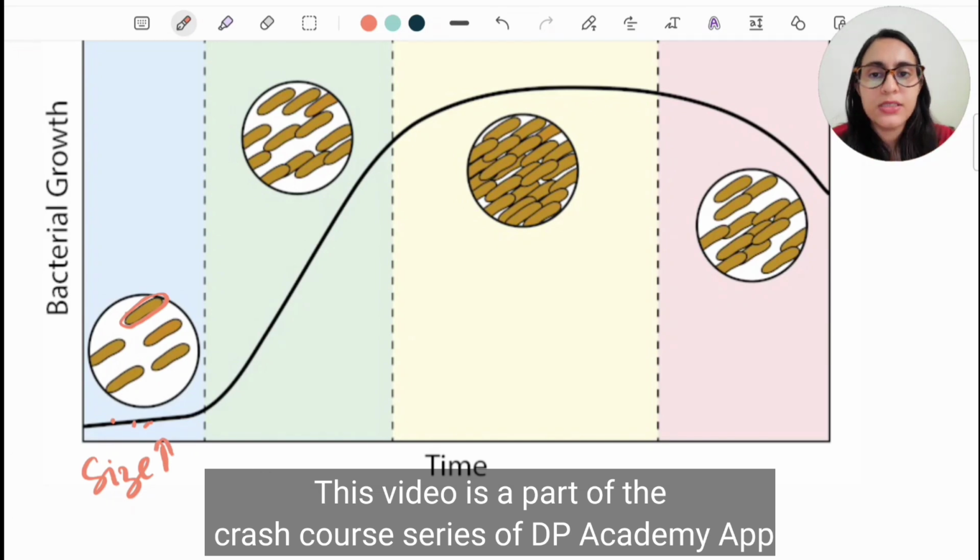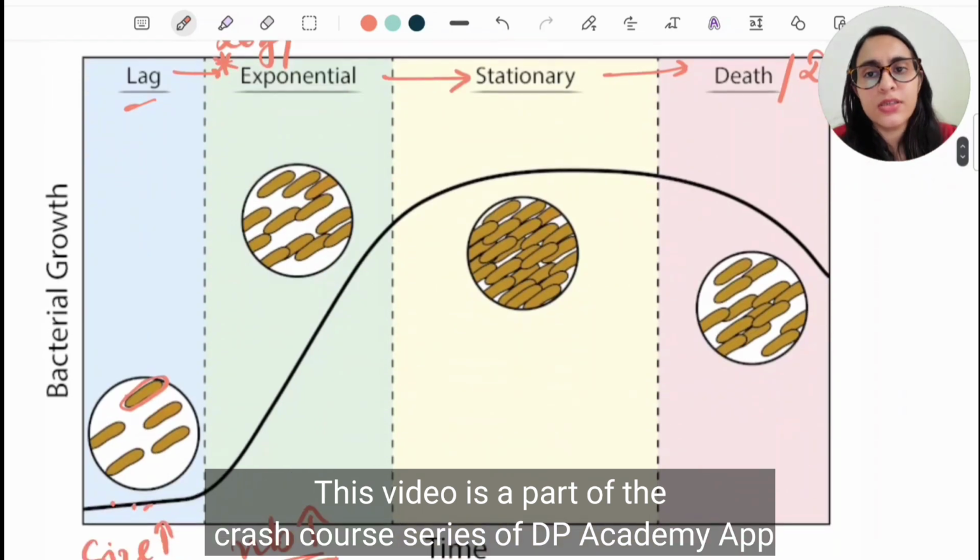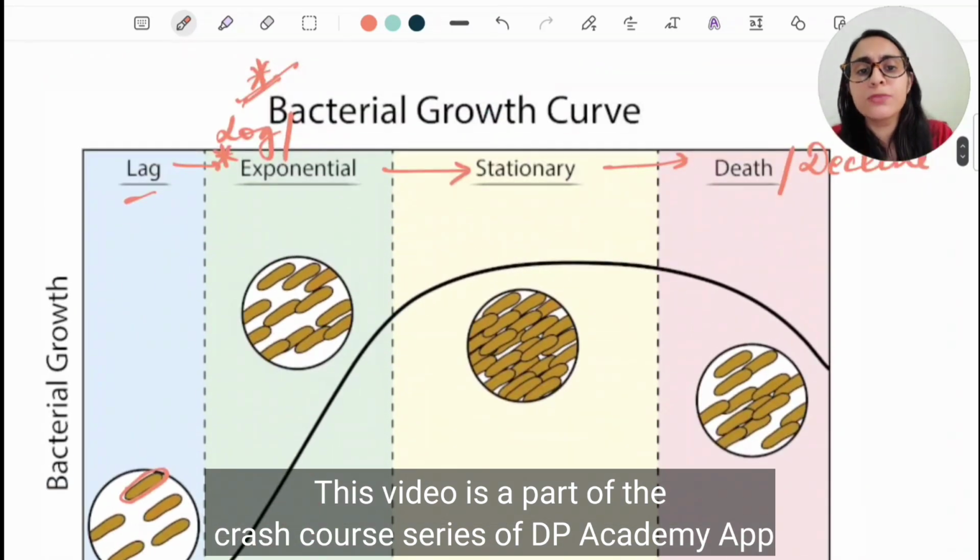Now coming to the log phase, in which the number of the bacteria is increased. Since we have a lot of bacteria, the maximum number of bacteria is present in the log phase, which is also known as exponential phase. Now, since the population of the bacteria is more, you can easily see bacteria in the microscope. That is the reason that we do staining and morphological study in this log phase, which is the logarithmic phase, also known as the exponential phase. Any of the terms, if given, this is log phase. Very important, log phase, because the maximum